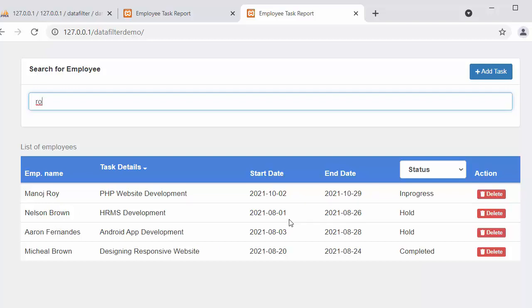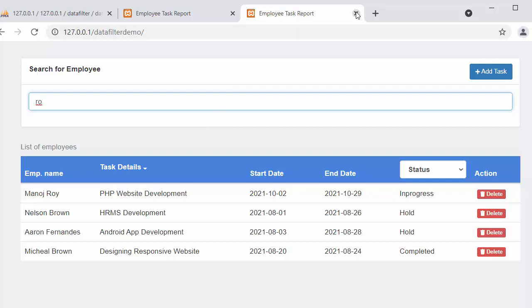So this is the functionality we are going to develop, and this kind of feature will be very useful whenever you are performing any operations on data where you want to find a record. When you have n number of records present in your application and you want to find some specific records out of those n records, at that time this kind of feature is very useful. So now let us start developing this feature.